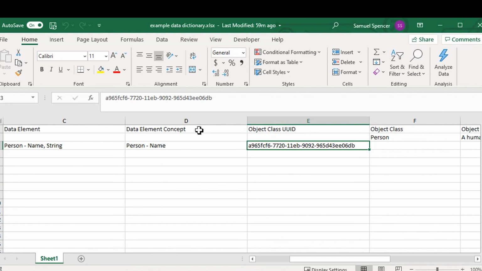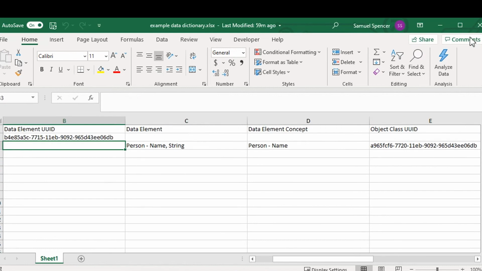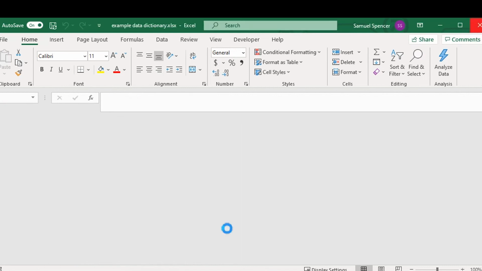So while we want to get people using Aristotle as quickly as possible, this is a way for us to bridge that gap and make sure that they can be doing those bulk edits for those initial loads as easily as possible. To show what that's going to look like, I'm going to close this,